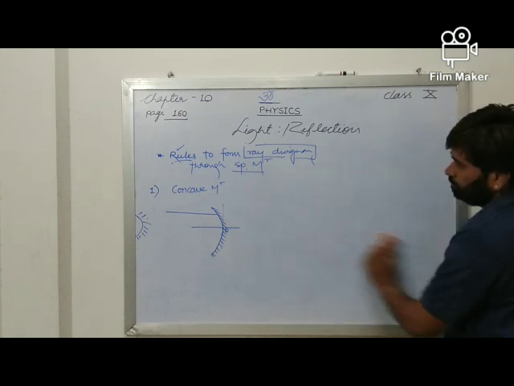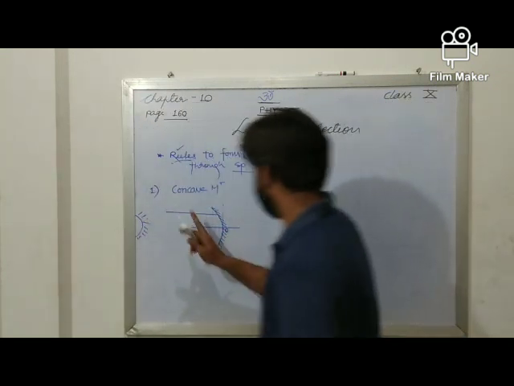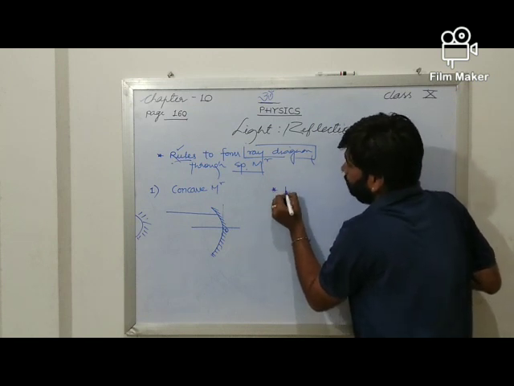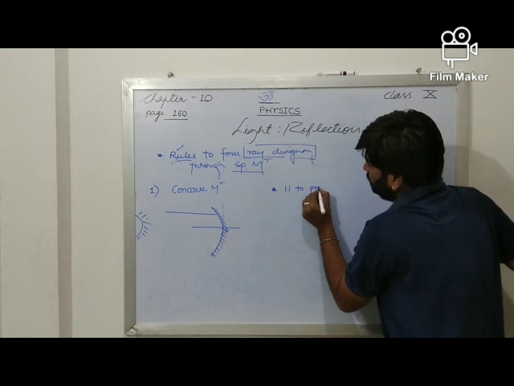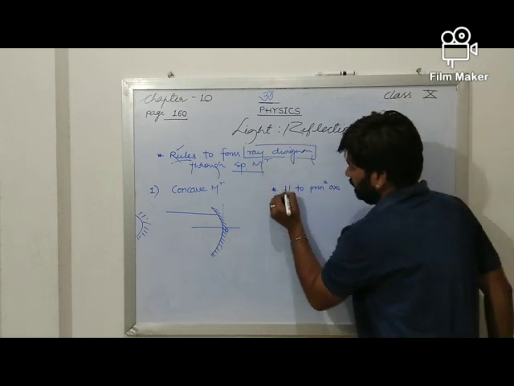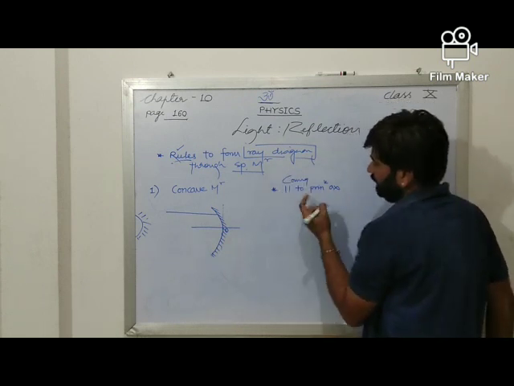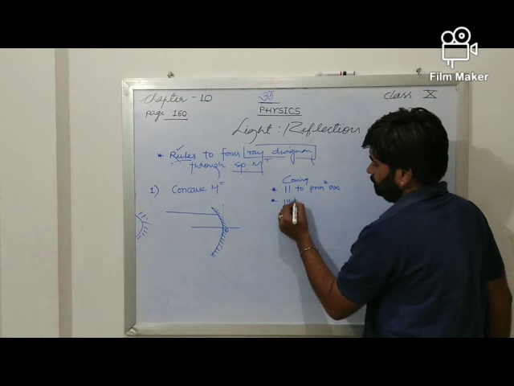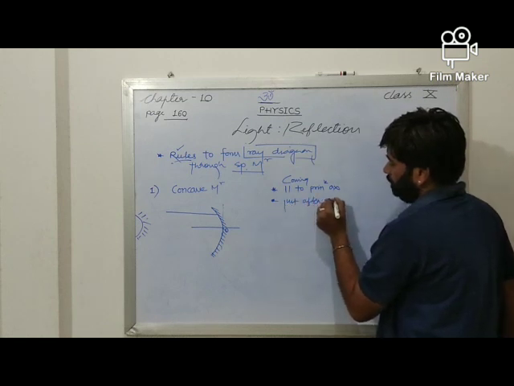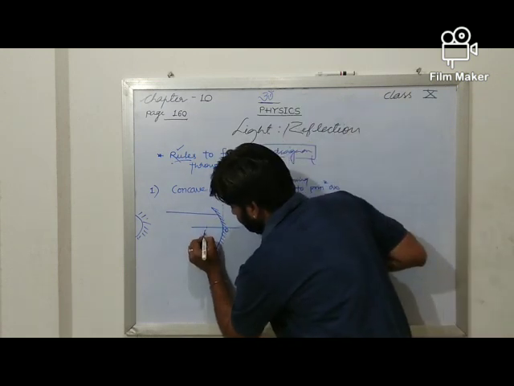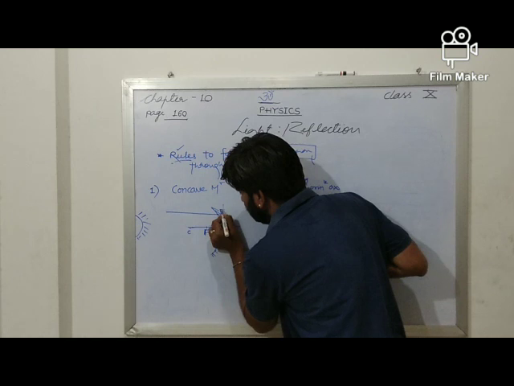We were actually discussing rule number 1, so let me introduce rule number 1 for the concave mirror. What rule number 1 says: when a light which is incident, or which is coming parallel to the principal axis, just after reflection... Now I am showing a focus here and a center here. This is going to be the point of incidence, say this is point I.